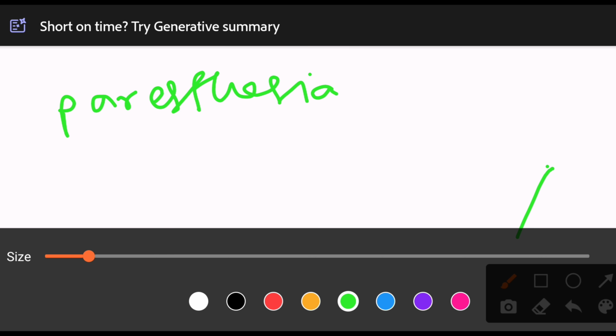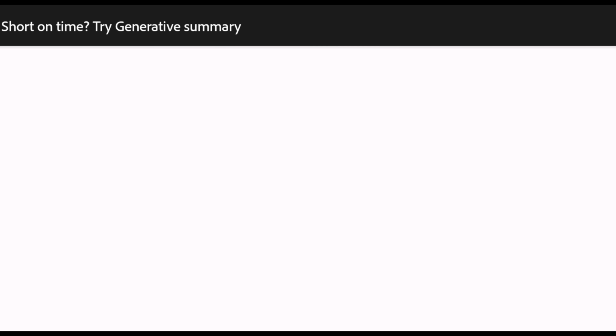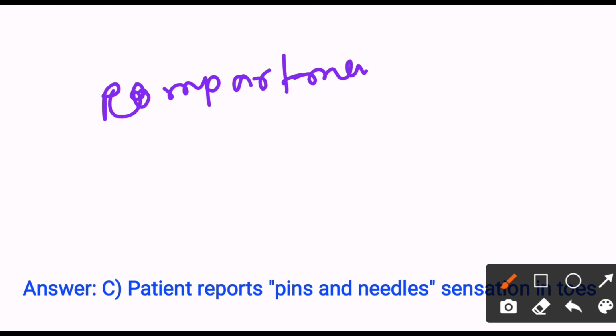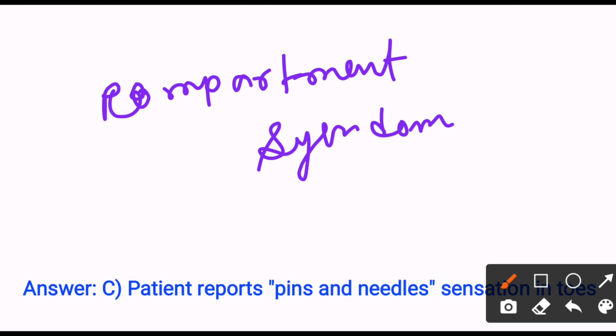It indicates compartment syndrome. So the answer will be option C, patient reports pins and needles sensation in the toes. Next,